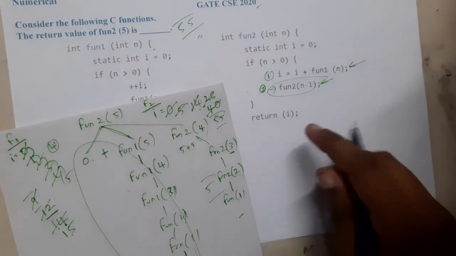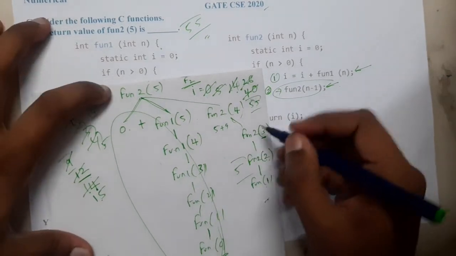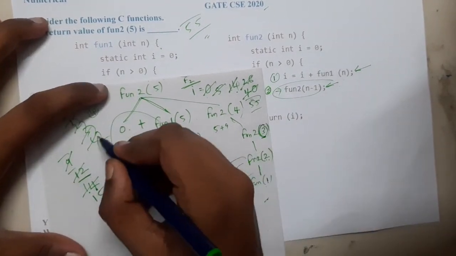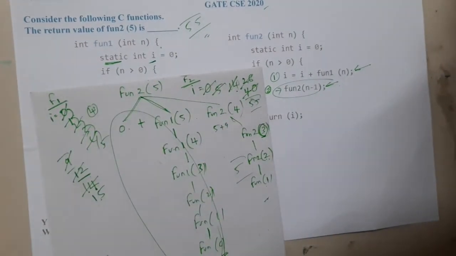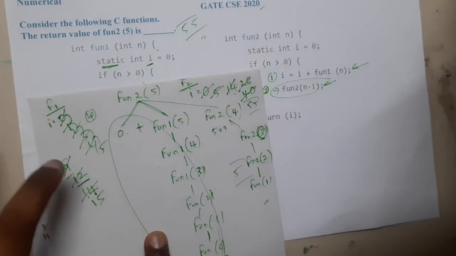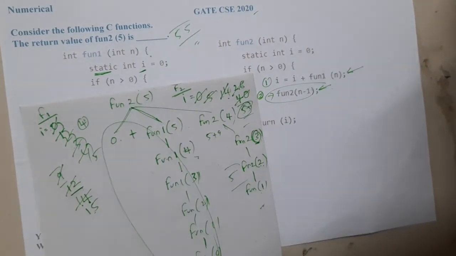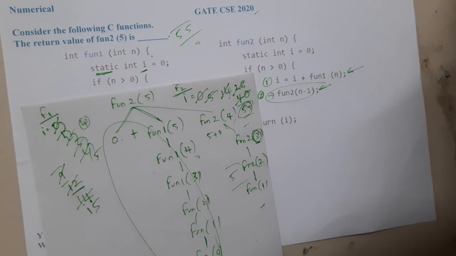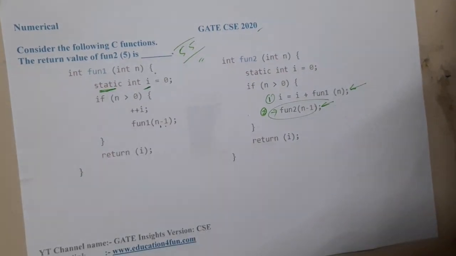The logic of this is that it is just adding a sum. Whatever value you are passing, it is adding to its existing value of i. As it is a static variable, it is going to store it, and that is the reason why it is always getting incremented. This incremented value we are adding with our existing value, and we ended up at 55. It's a quite simple problem, and the logic is clear here. I hope everyone got a clear idea on this question. In the next lecture, let us continue with the next question.